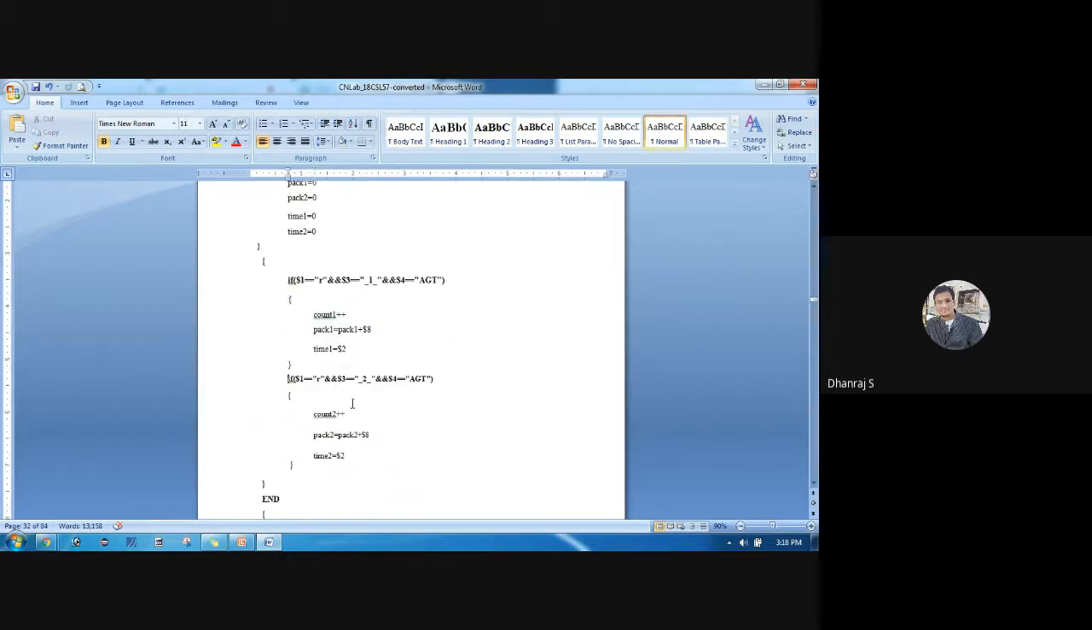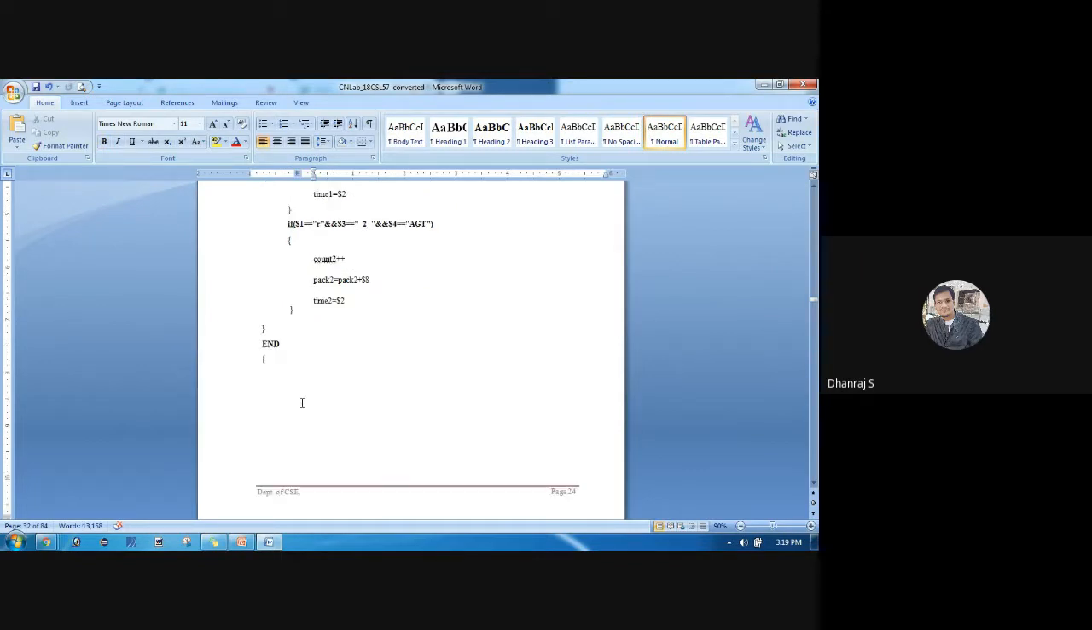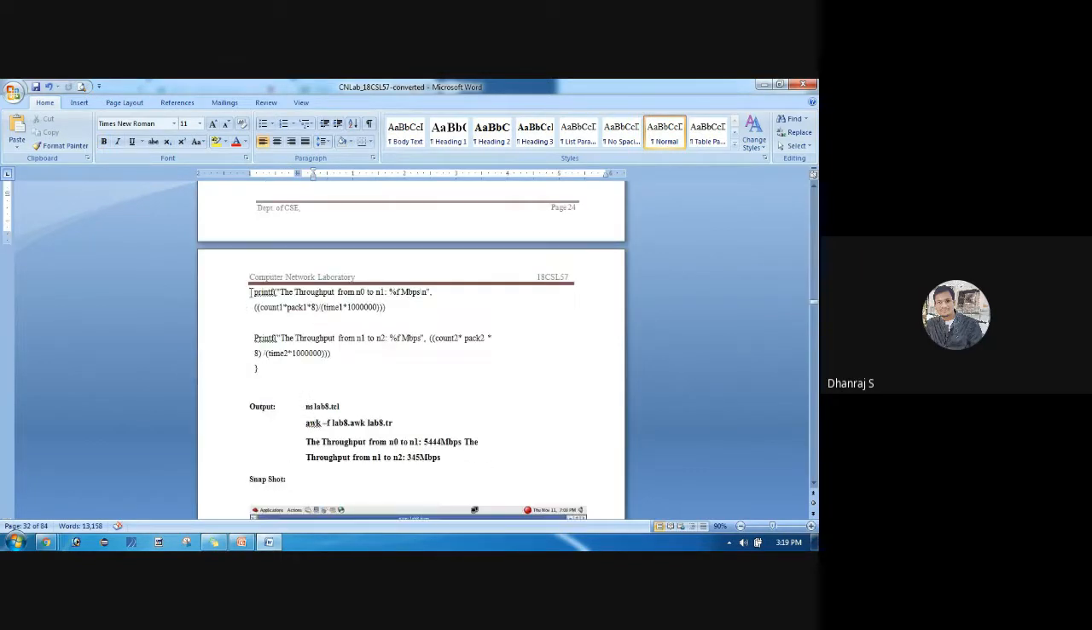So again the same thing. Here we can see only small changes, that is a 2. So 2 is with respect to the second sender. Again the content will remain the same with respect to the second sender, and this is what at the end we need to print,